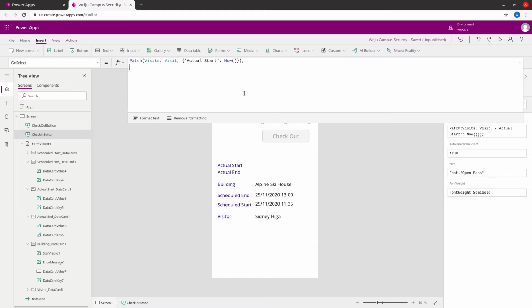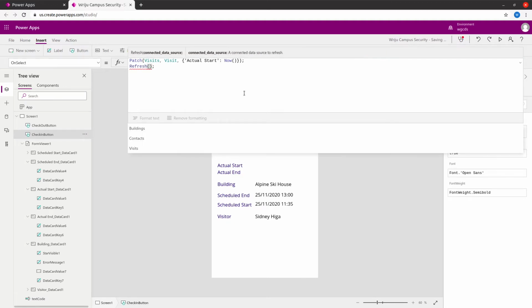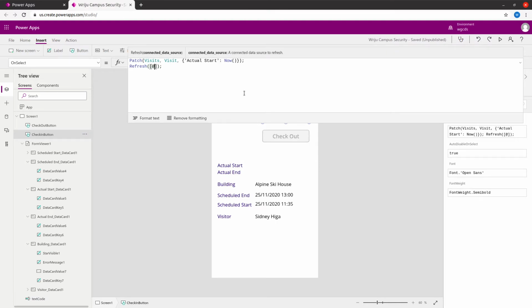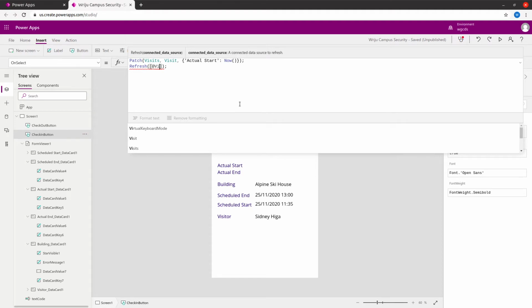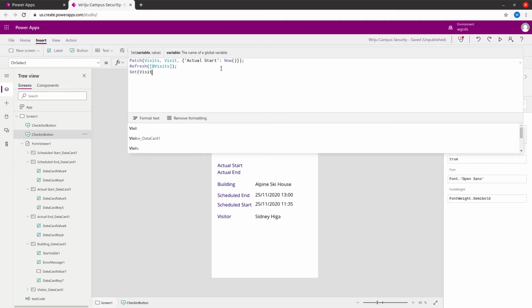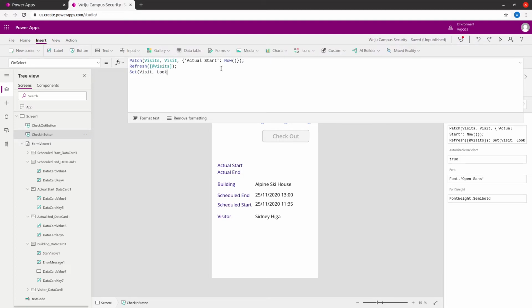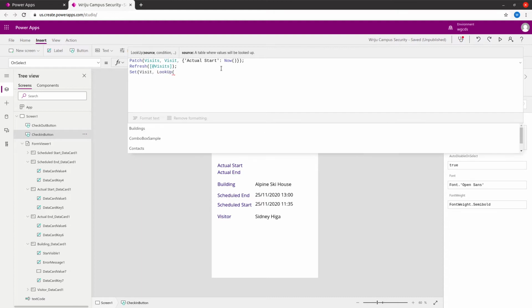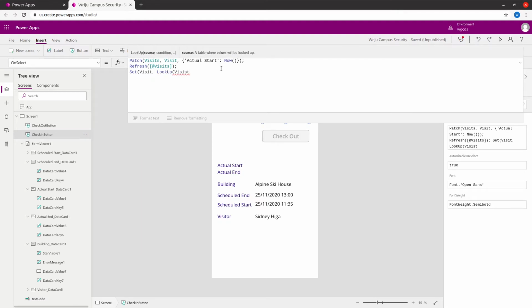And after you are done with this, what you need, how do we enter here? So let me, yeah, and then you say refresh. Inside the refresh, what do you refresh? You refresh this visit table. Okay, so you say this, you refresh it, shift insert, and then you set the visit, same thing. So just kind of reload the data. That's what we are doing here. Okay, visits, okay, and then I say code equal to text code dot